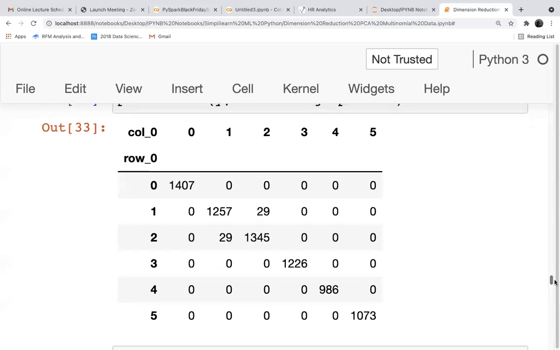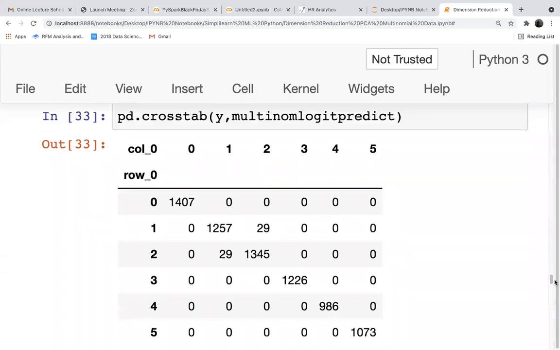So this is the cross tabulation of a multinomial logistic regression. The diagonals are all correct predictions. Anything out of the diagonal will be a wrong prediction.